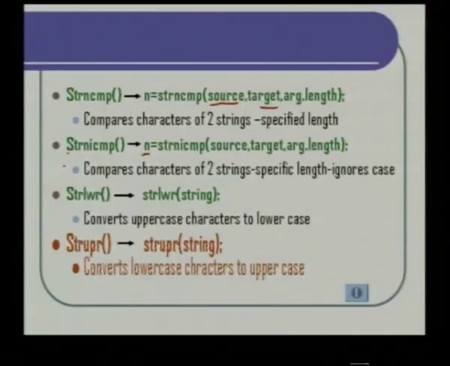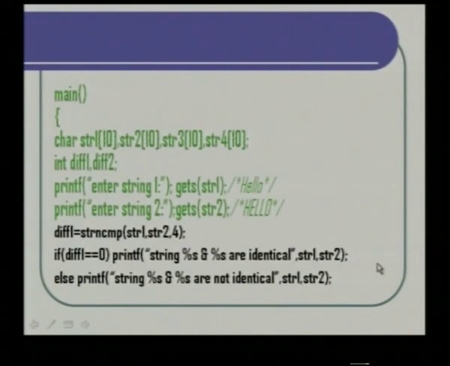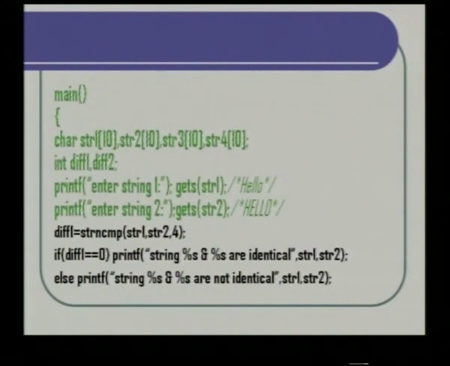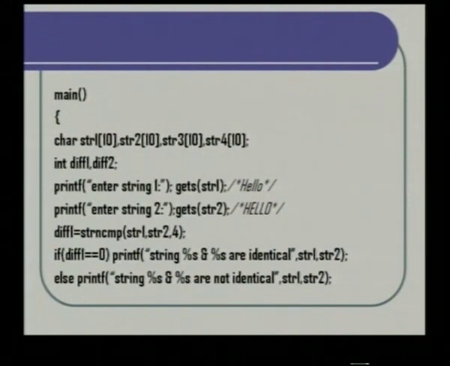And upper case is used when you want to convert a string from small letters to capitals. So, how is this used in a C program? Here again is the main function, with a list of strings for the comparisons and integer variables. I am entering two strings, string 1 and string 2. The first string has only the first letter capital, the second string is all capital, but